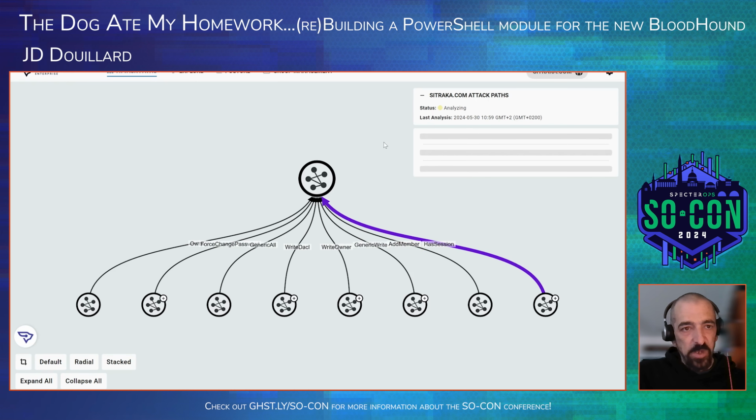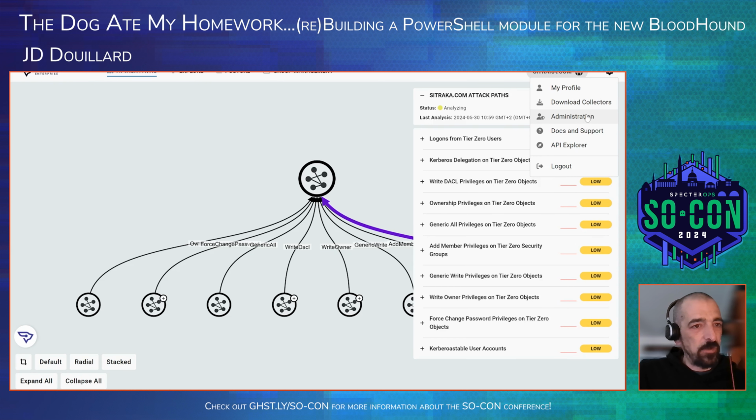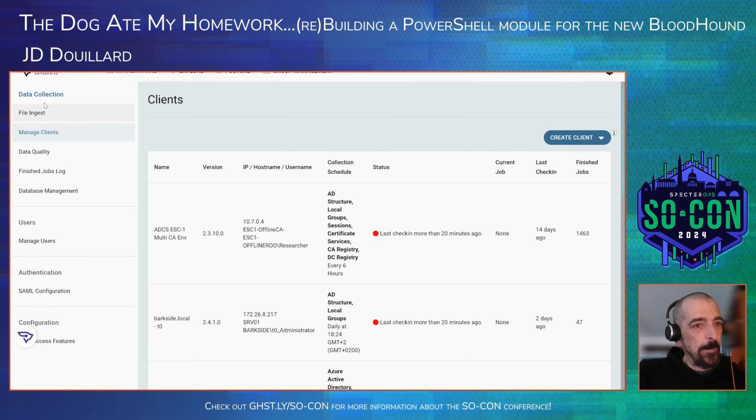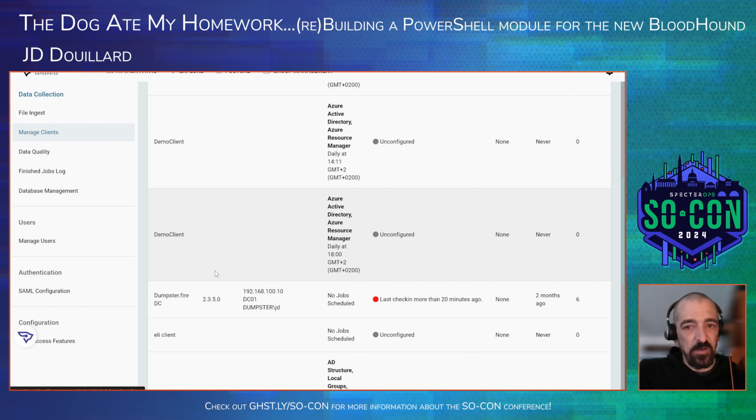So familiar UI if you're only a CE user, with a few extra tabs here that do make the difference. And I wanted to go to administration, my clients, manage clients, and I should find somewhere here my demo client that has been configured. He's not